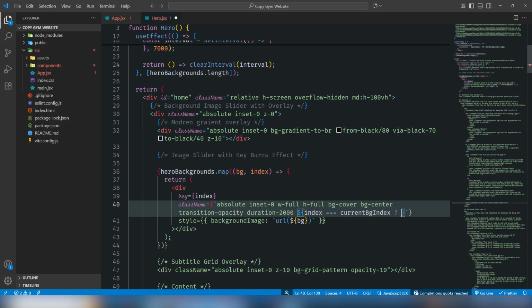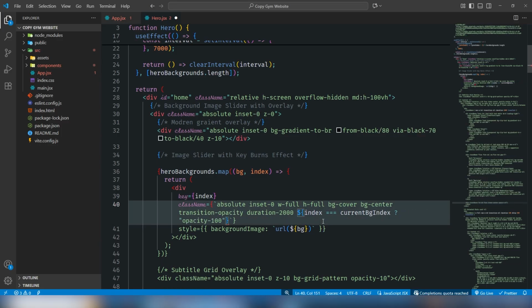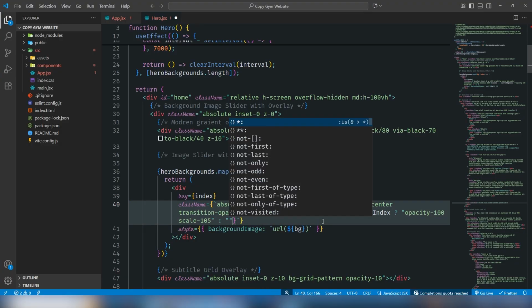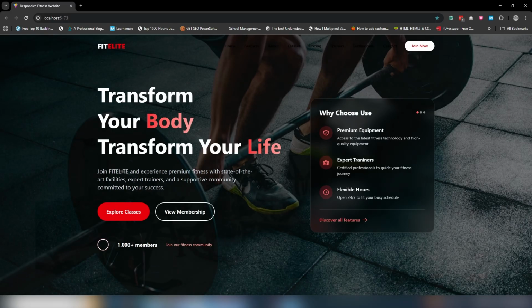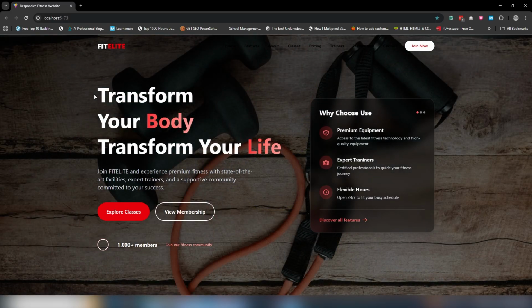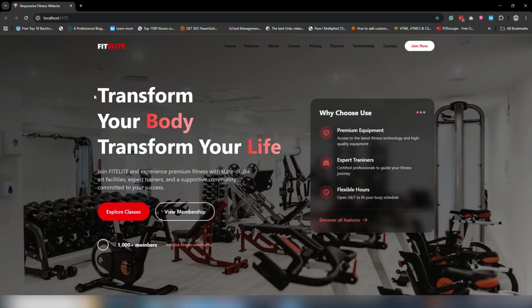Then I need to use opacity 100, scale should be 105, otherwise I need to use opacity 0 and scale also 100. I think it should resolve the problem. So yeah guys, as you can see, the images have changed, and yeah, it is cool slider, and